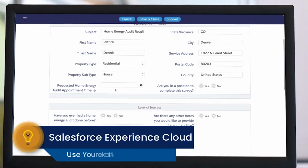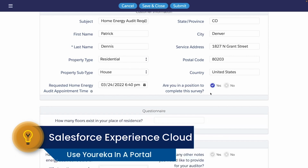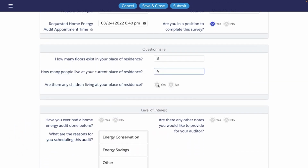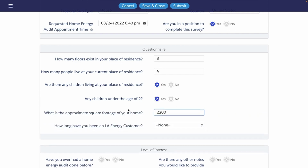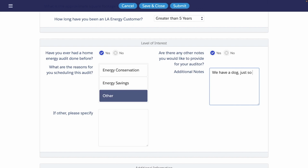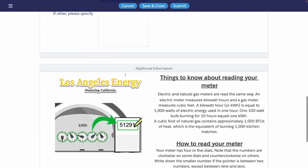When Patrick opens the form, he notices that it's got great information within it. It's pre-populated with data about him and his home so that he doesn't have to start from scratch. He's guided through a long set of questions, with each question presented to him at the right time. Additionally, the form contains some information that may be interesting to Patrick about, for example, how to optimize his energy